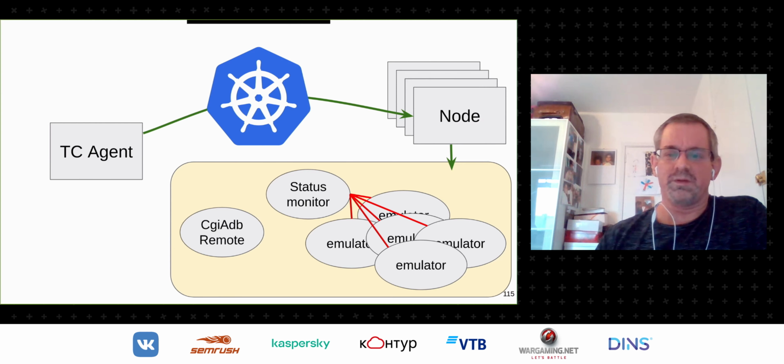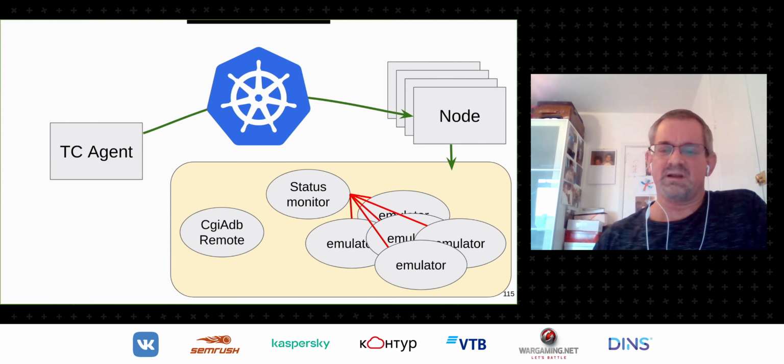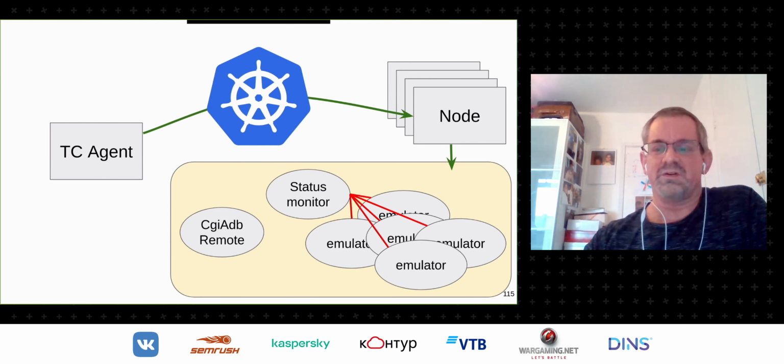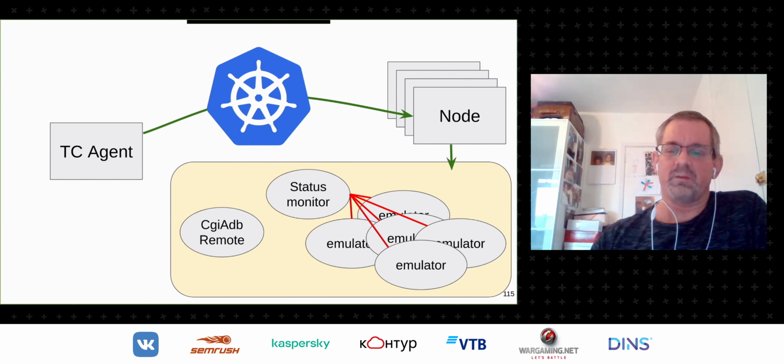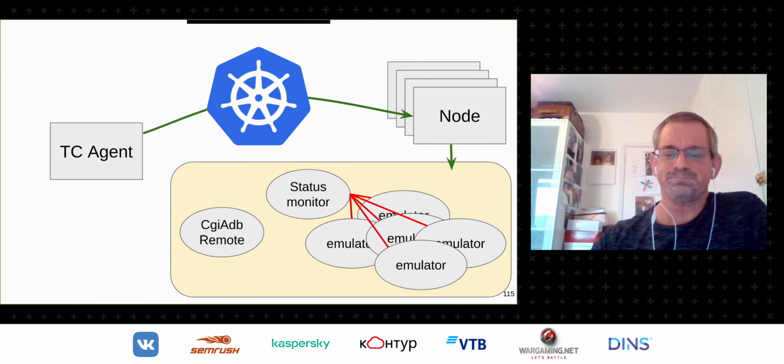The agent waits for all the nodes' deployments to return and works out the ADB server sockets and emulator manager sockets to pass to the rest of the test run. And as with the Docker solution, the test run often starts with some of the emulators not yet having booted, but it starts to use more of those emulators as they become ready. Now, this is fine as a proof of concept that we can use Kubernetes,